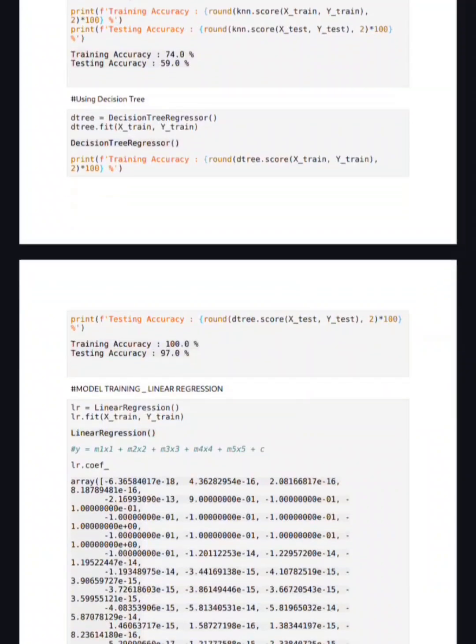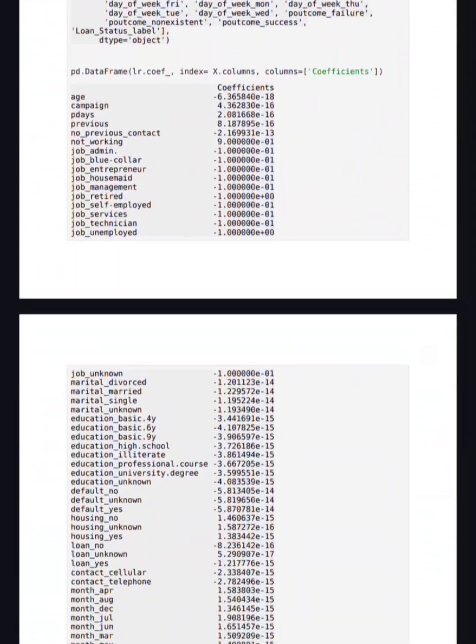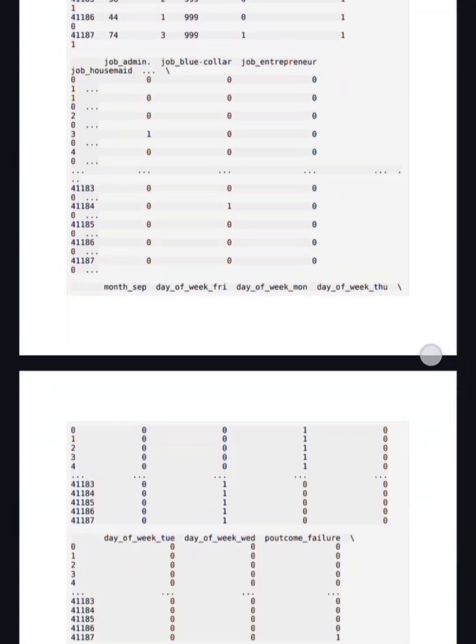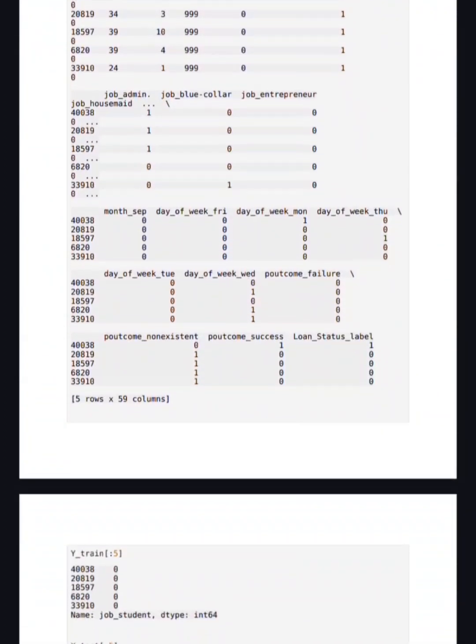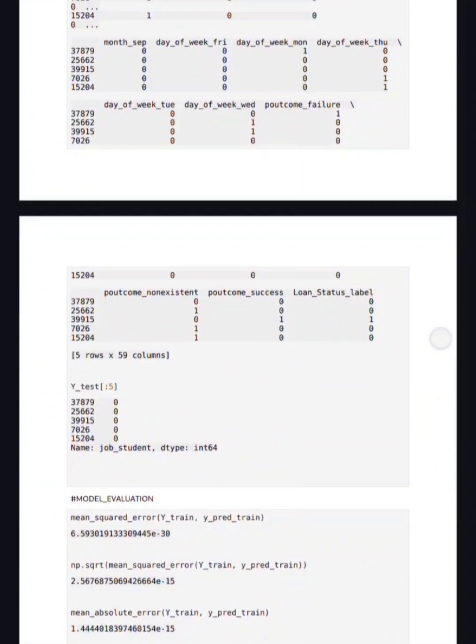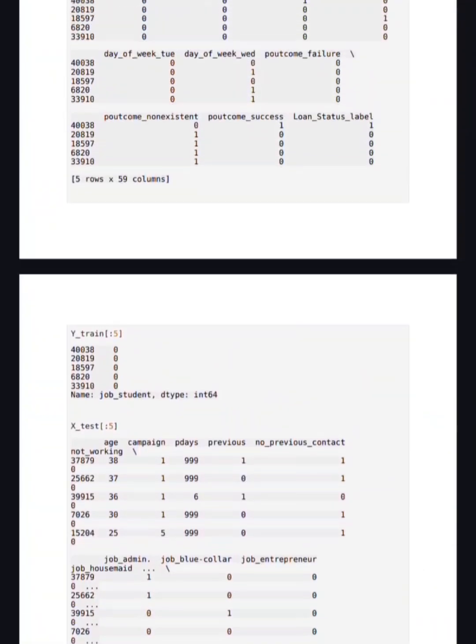Business interpretation. In real life, banks use such models to decide who should get a loan. If the model predicts 1, that means the person is more likely to repay the loan. If it predicts 0, the person might be risky.